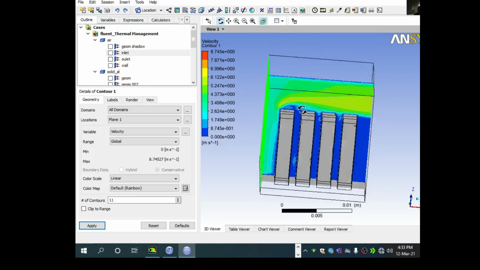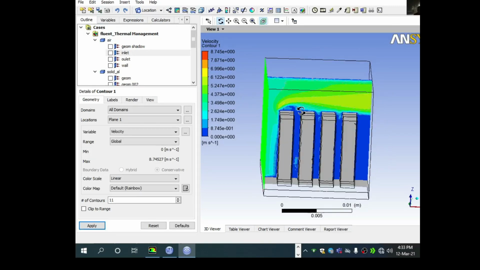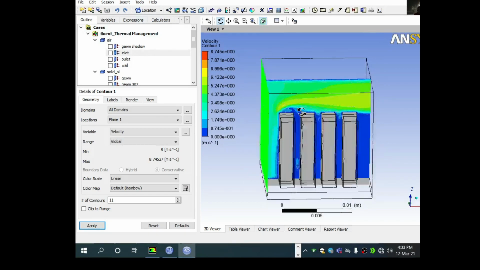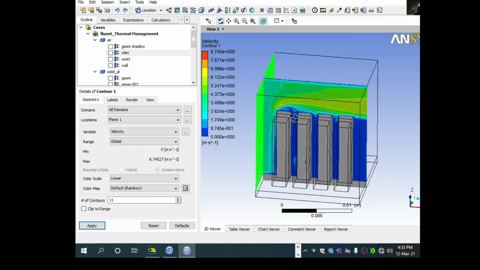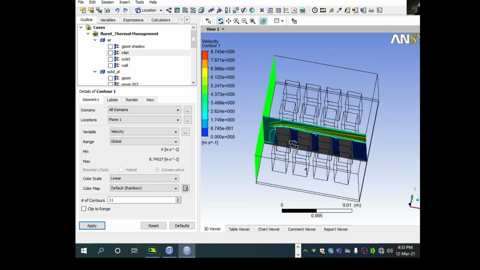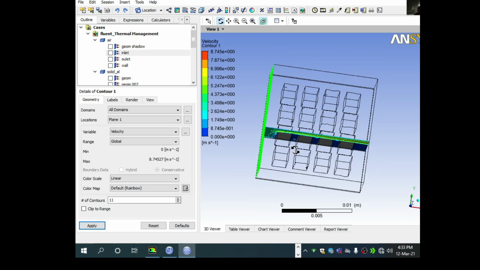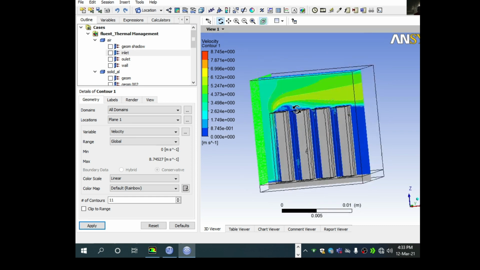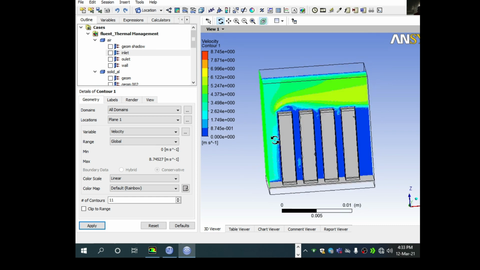As you can see, inline fins are not as useful as offset fins or zigzag fins. You can see here that air only passes through one row. For the remaining rows there is no air.